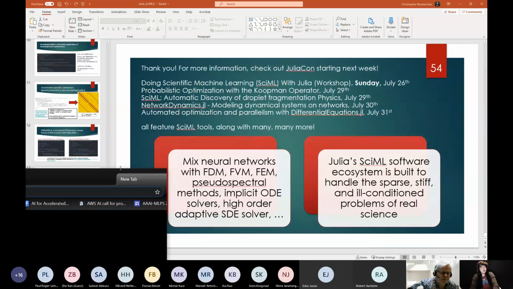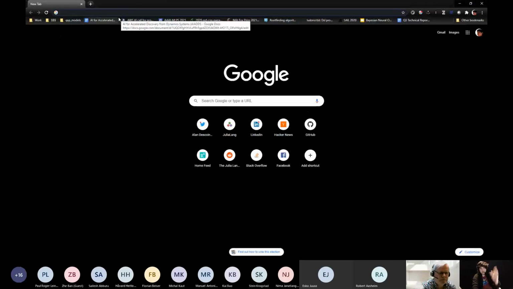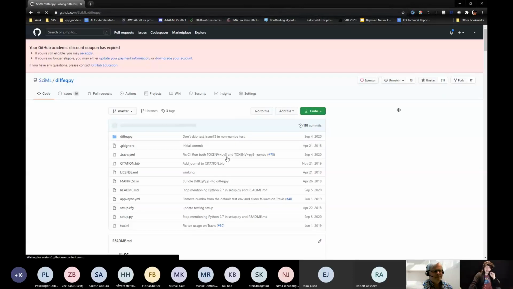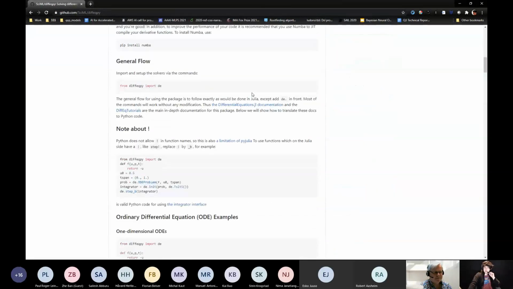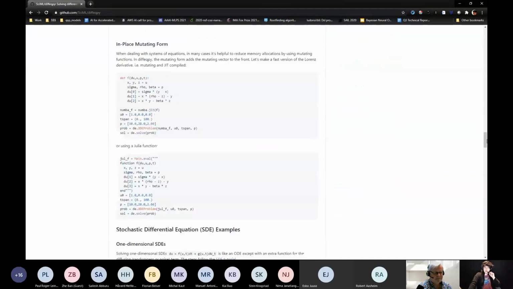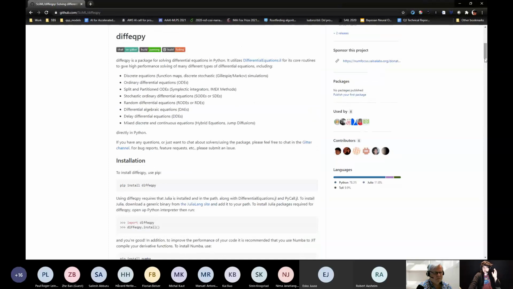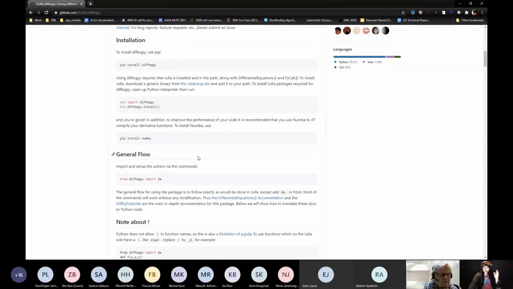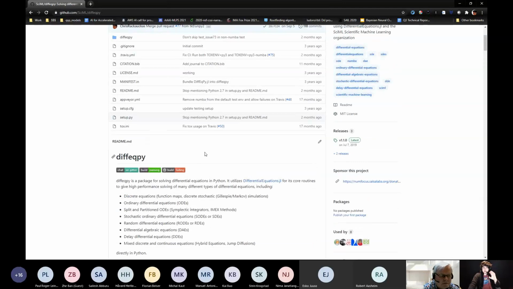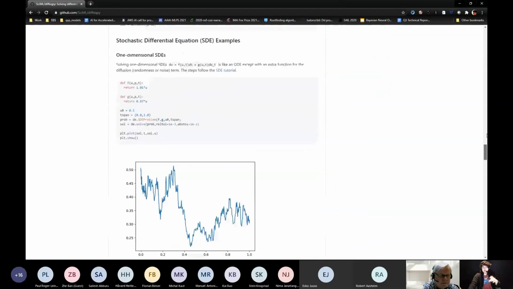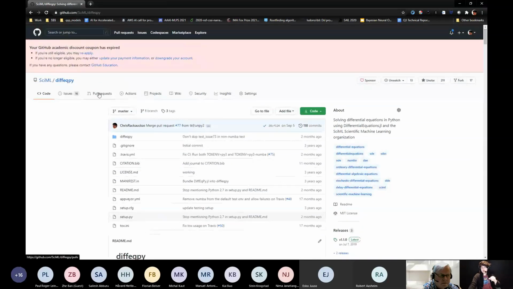This is the magic of doing online talks, right? That you can just pull everything up. And so here's diffeqpy, which is the ability to solve the equations in Julia from Python. And so this is still a work in progress. You know, it handles ODEs, SDEs, random differential equations, differential algebraic equations, and delay differential equations. It doesn't have all the speed yet, and there are some things that we're still working out.